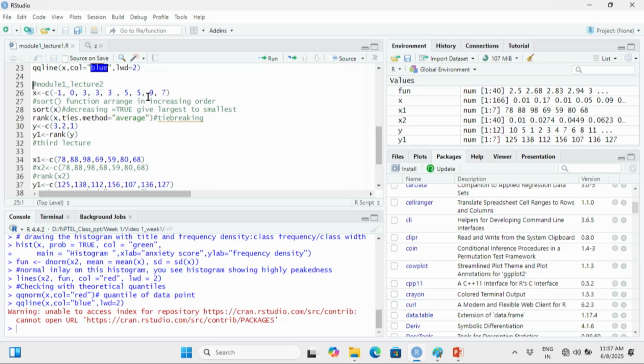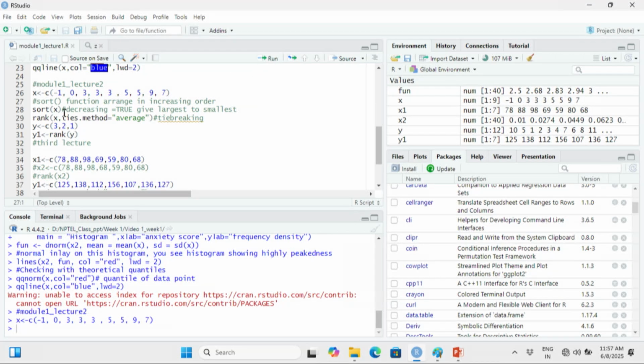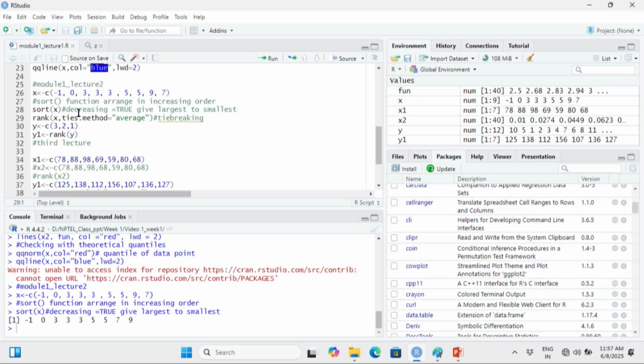Already we have done this in the previous slide. Now how will R do it? You can run this and sort this observation. Can you see? R has done the sorting from the smallest to the largest.